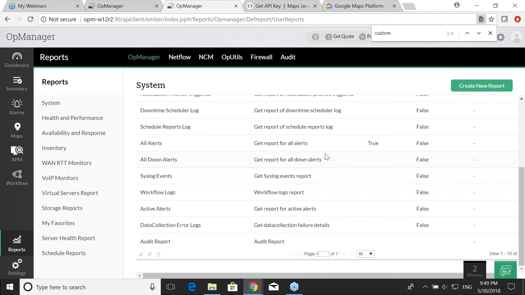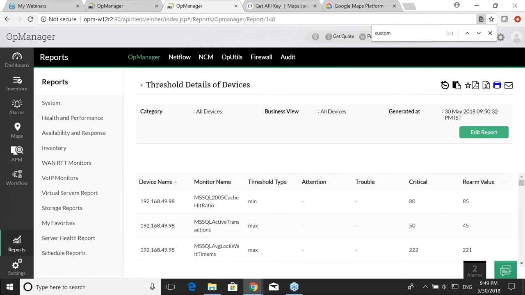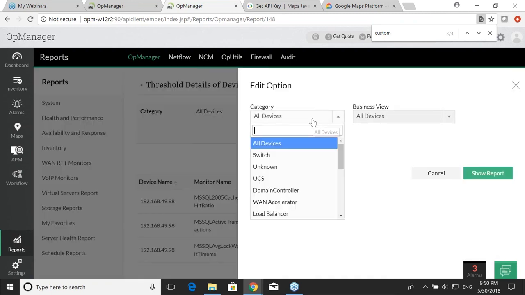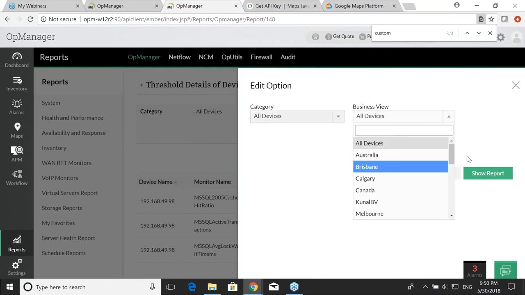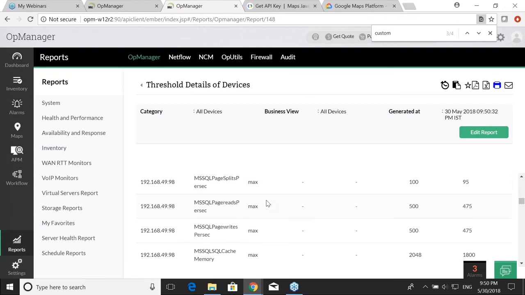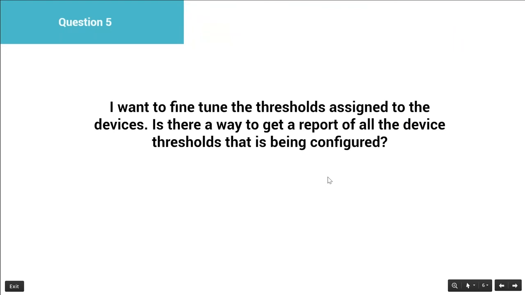And for that, we have inventory reports, where you have a default report called threshold details of devices. This particular report will give you the information of thresholds that are currently assigned to the monitors that are associated to the devices. So you can drill down to the devices based on category, or based on the devices of a specific business view, and view all the thresholds that are assigned to the monitors, and based on which you can decide to do the changes, or you can do the changes to the monitors